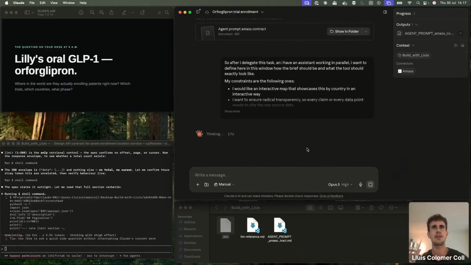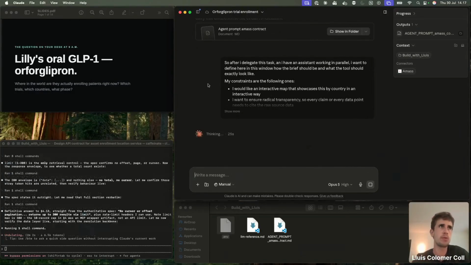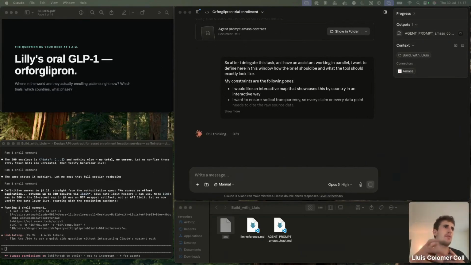So we're delegating to Claude to map out how, given an API key and a brief on what we want to do, that is answer this question, basically how the contract should be, how Amass returns the answers, in which schemas and so on. So to have it defined for them, giving all this information to Lovable.